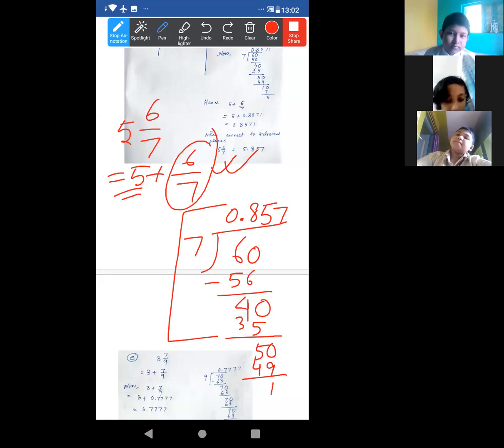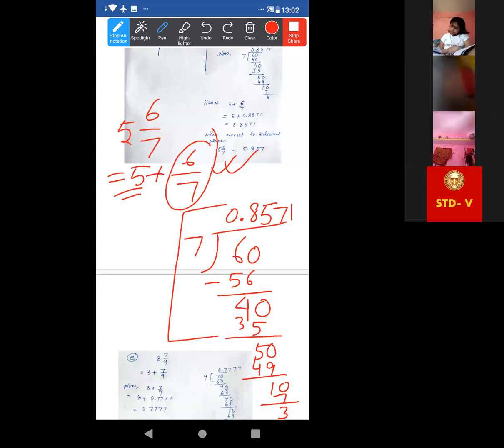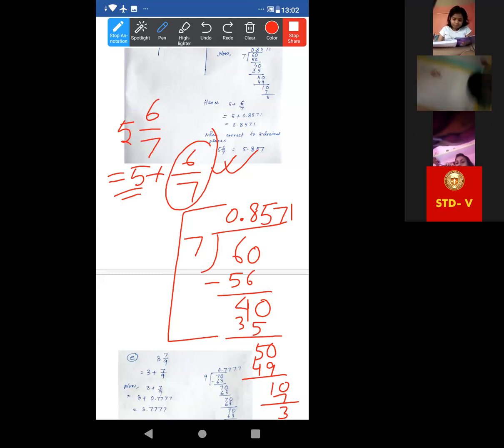Now again put a 0 and 7, 1 is 7. This one will be 3. Up to this, all of you done? This one completed, all of you? Debolin done? Ipshita? Trisha done too? No, I'm waiting, okay?